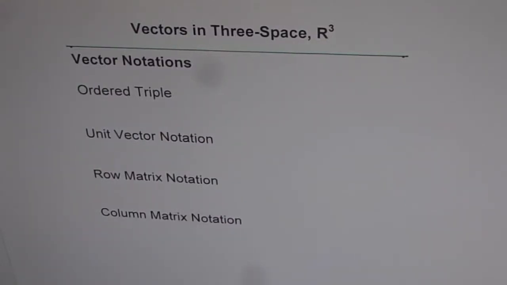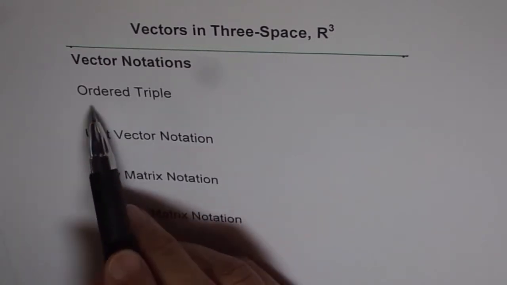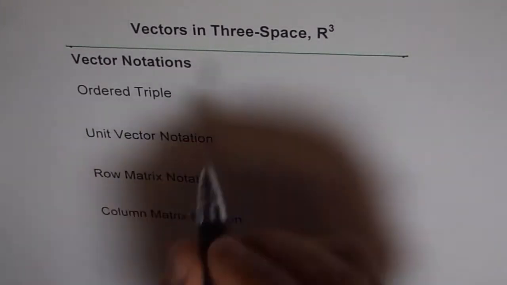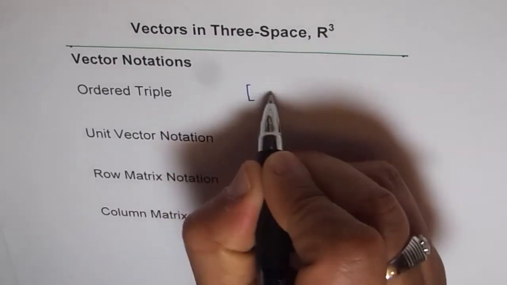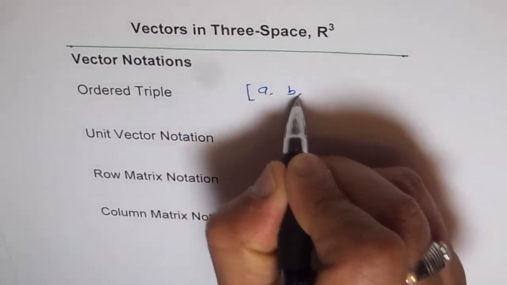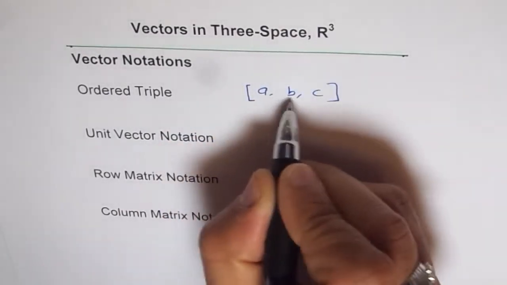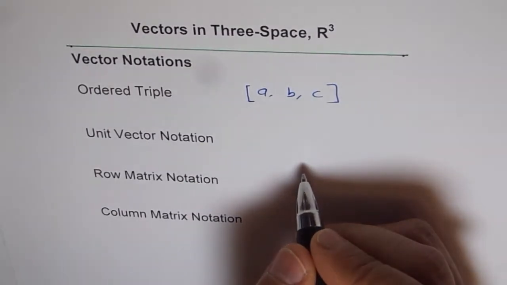Vectors in 3 space, R3. So we have many ways of representing vectors in 3D. Here we have 4 of them. One is the ordered triple. An ordered triple is writing vectors as [a, b, c], where a, b, c are the components of the vector